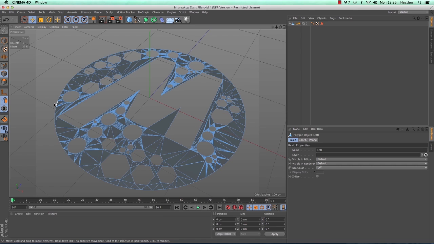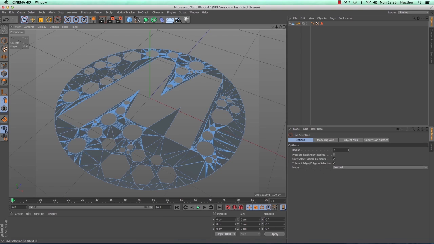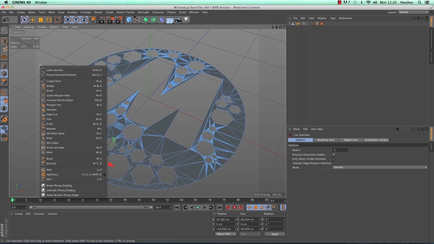So first of all, to remove some of these excess subdivisions, just use the Live Selection tool, and just select a few of the lines. Then if I right click anywhere in the free space, it will bring up your context menu. And down near the bottom you should see a tool called Melt.